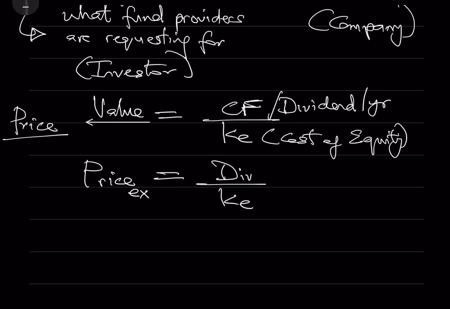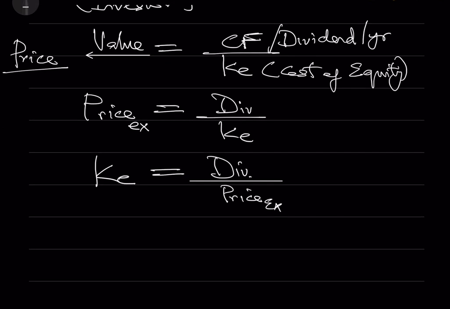So if you rearrange this formula, because what we want to calculate is cost of equity, is equals to dividend per year divided by the ex-div price. That's the formula for cost of equity when the dividend is constant and it's being paid every year till eternity. Ex-div price, I need to explain what that means to you because it's extremely important. You must always use ex-div price, and this is price of share